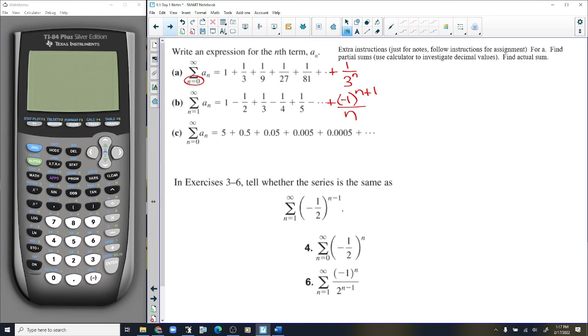Over 1, then over 2, then over 3. This is the alternating harmonic series. This one actually converges. And we'll see later on in the chapter that it converges by the alternating series test. So the harmonic series diverges. The alternating harmonic series